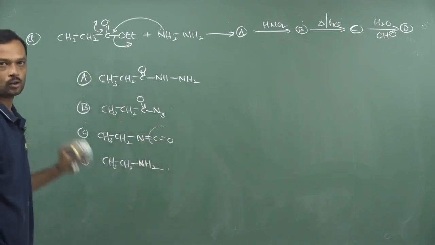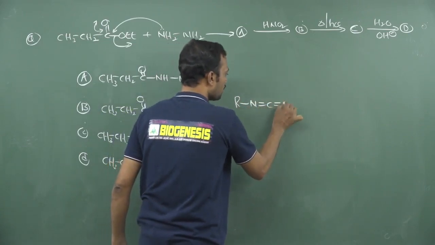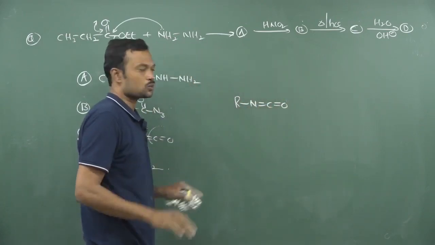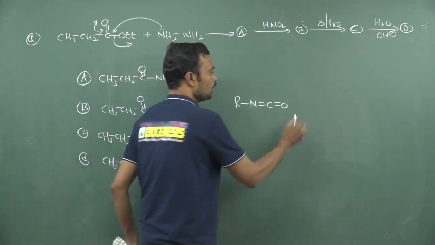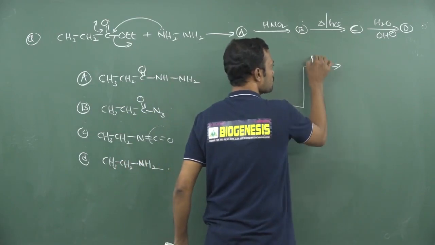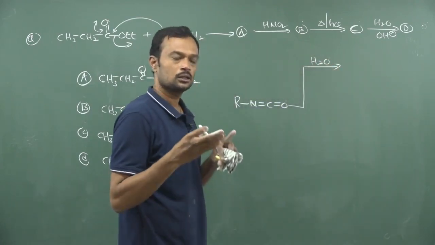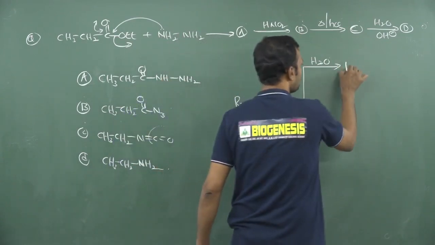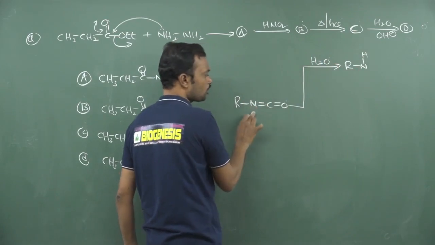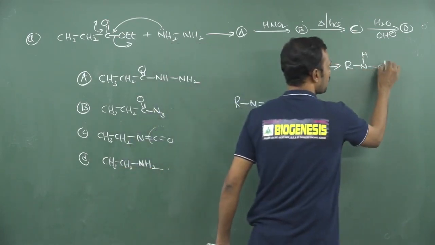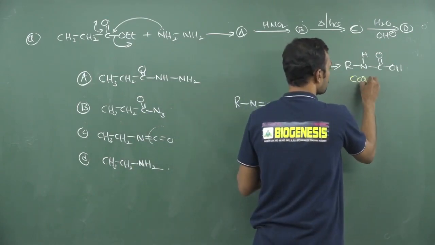That is your product. So finally, remember, when any isocyanate is an intermediate in any reaction, if you want to stop it here, it is generally highly sensitive under acid medium as well as basic medium. If you want it to react only with water, without any acid medium, the water molecule will attack here, then these pi electrons will transfer to nitrogen. Nitrogen carries hydrogen, C double bond O, OH like this. So this is called carbamic acid.